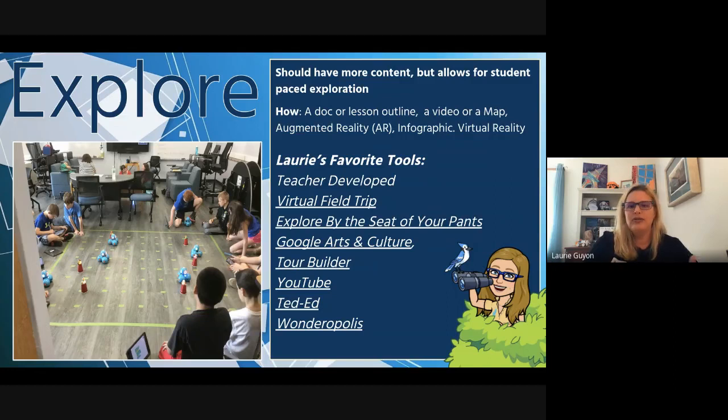Other ways you can do that: augmented reality is a great way to do that. If you're an iPad school, or if you have access to iPads, there's a really cool app called Jig Space. It's J-I-G and then the word space, where it takes something like the solar system, but it breaks it down into parts using augmented reality. And then Jig also has a workshop one where students can then create their own jigs as they go through